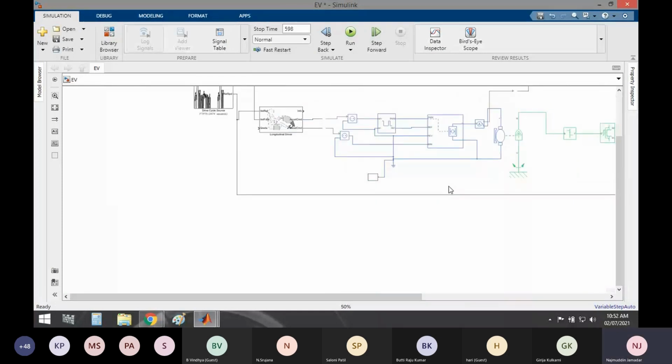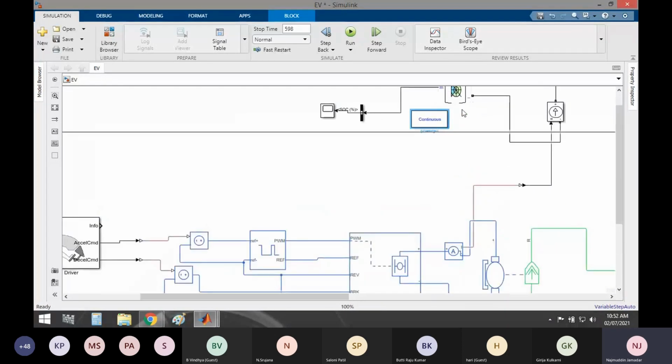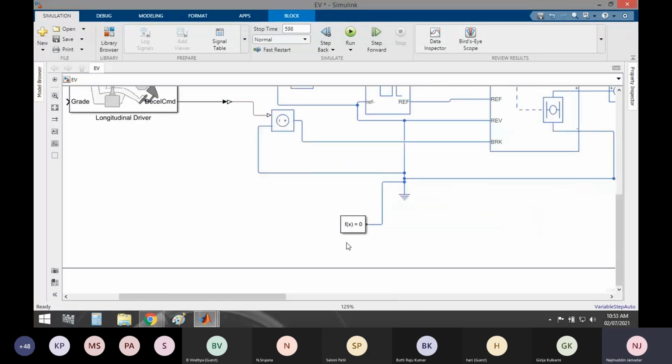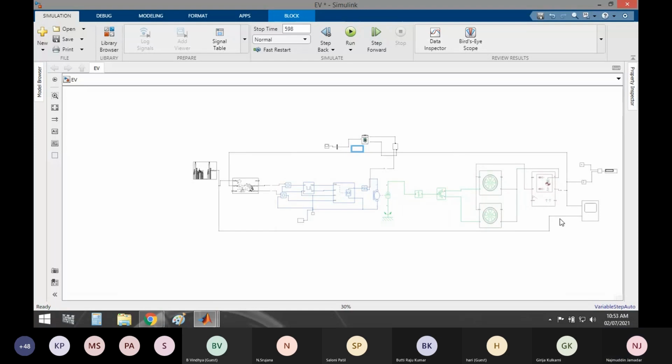Okay, now one more power guy you require. Because these batteries belong to another library, this requires its own solver, and these driveline components, these blue contents, belong to another library, so it requires a solver configuration. So almost we have completed our simulation. Okay. So what we will do is we'll try to run it.